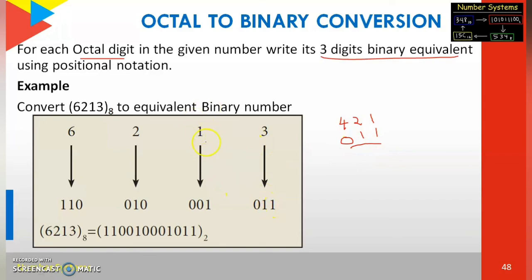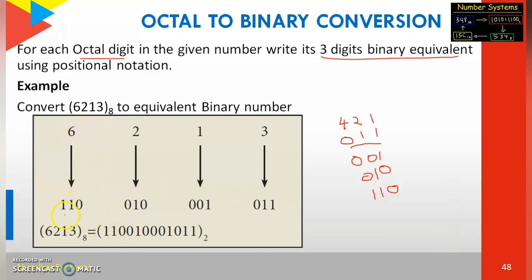And then the next digit is 1. For 1, you take the first digit alone, the remaining digits are 0, so the binary equivalent of the octal digit 1 is 001. The next number is 2. For 2, you keep the second digit, that is 1, and the remaining values are 0, so we write 010. And then the number is 6. What numbers do we add to get 6? 4 plus 2. So you put 1 for the 4 and 2, and 0 for the last digit, so the binary equivalent of octal 6 is 110.